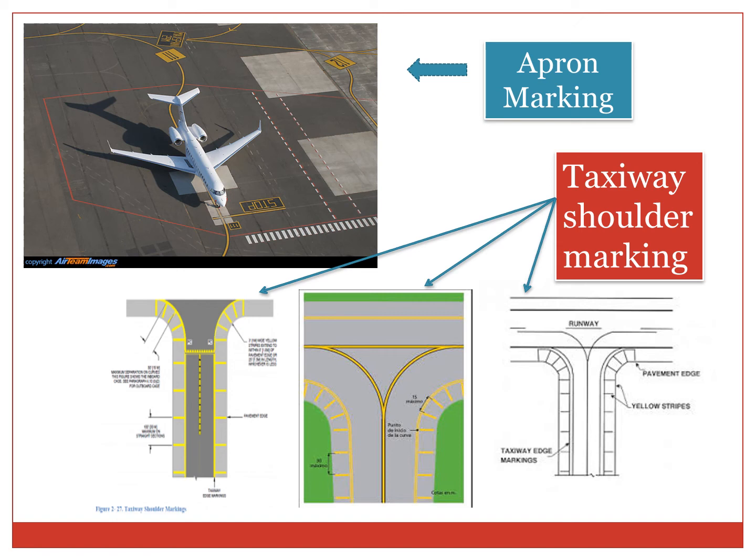Lastly, we move across to the taxiway shoulder marking. These markings are yellow in color. It consists of 1 meter wide strips at a spacing of 30 meters and perpendicular to the center line of the taxiway. The strips are extended to 1.5 meters from the edge of the stabilized area.